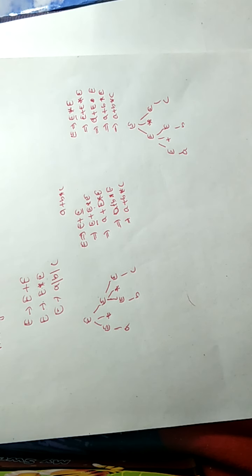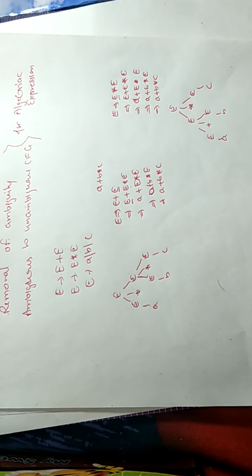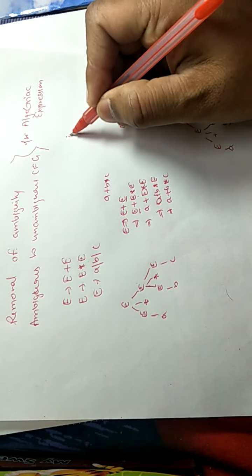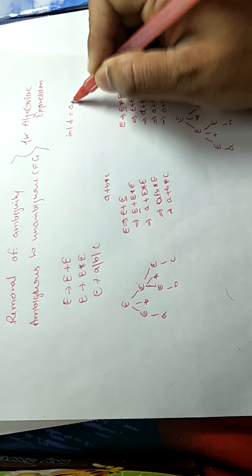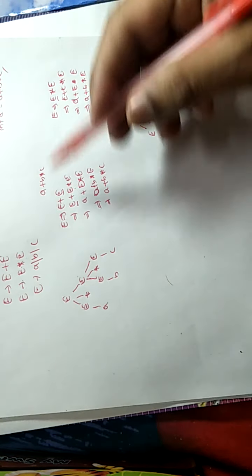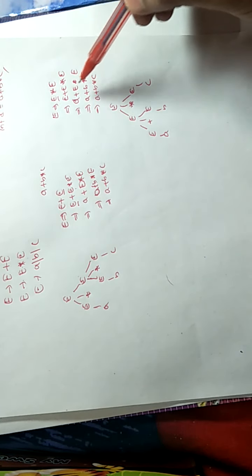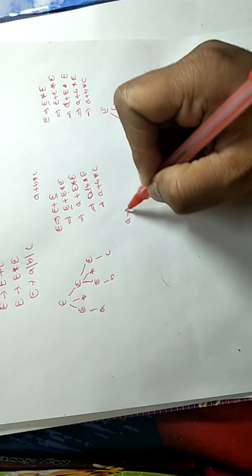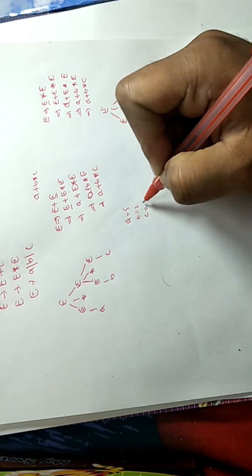So for the same string there are two different parse trees, and it creates a very big problem for a programming language. When we write the rules for the compiler of a programming language, we cannot write ambiguous rules, otherwise it will create problems. Suppose we have an expression d is equal to a plus b into c, and we can derive it this way, and we can derive it this way, and a is equal to 5, b is equal to 2, and c is equal to 3.